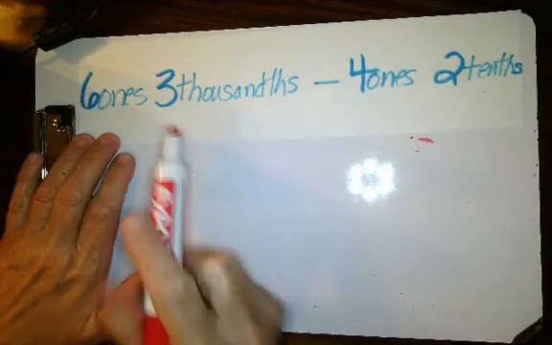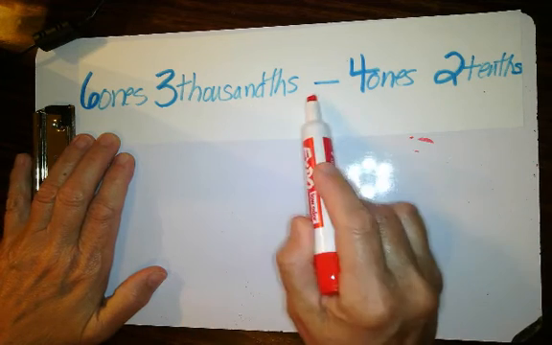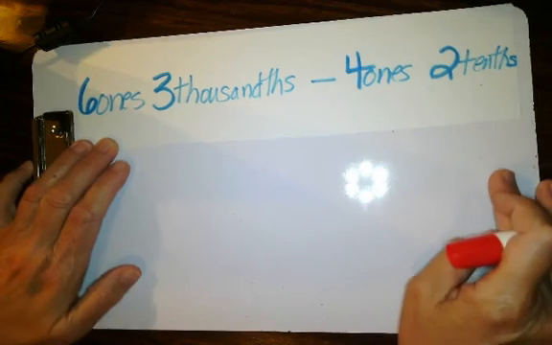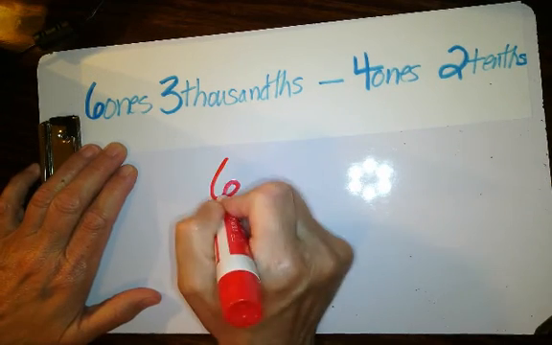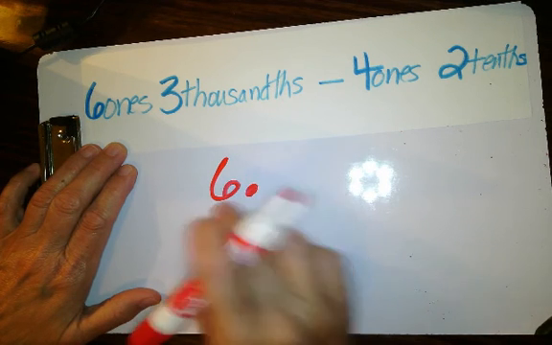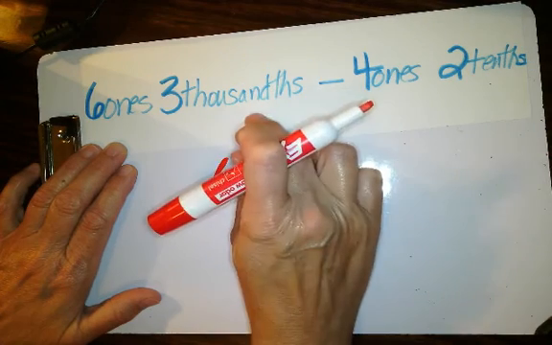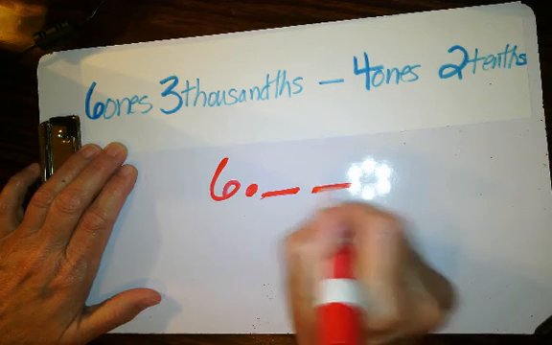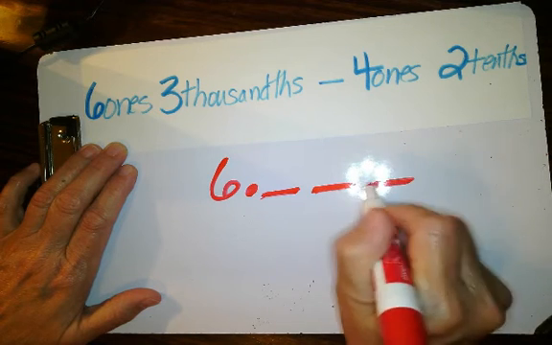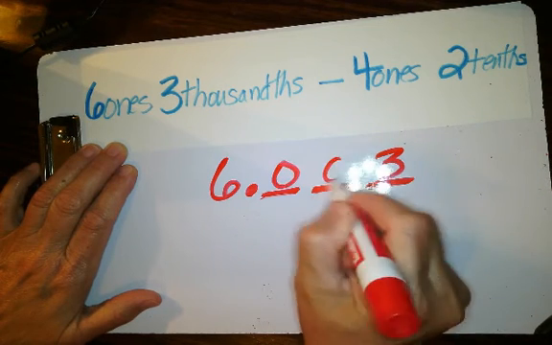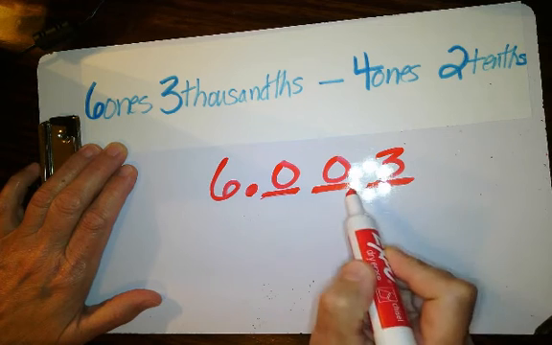Let's look at a more difficult problem. Here we have 6 ones, 3 thousandths, minus 4 ones, 2 tenths. Let's rewrite that on our board as 6 ones and, anytime I have a decimal, I say the word and, 6 ones and 3 thousandths. Well, what am I going to put? I've got to put something in the tenths place, something in the hundredths place, and something in the thousandths place. If the 3 goes in the thousandths place, that means I fill in with zeros in the tenths place and